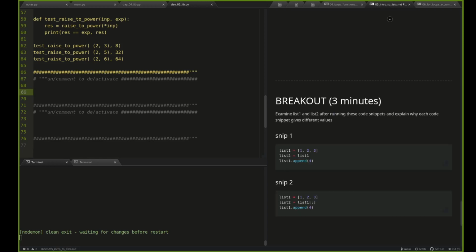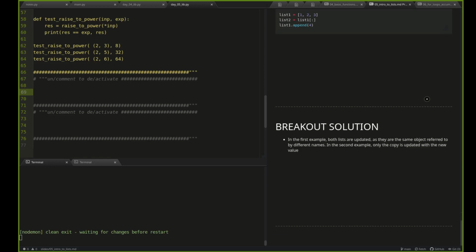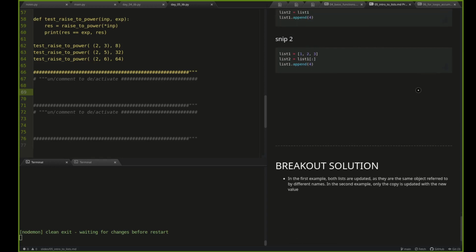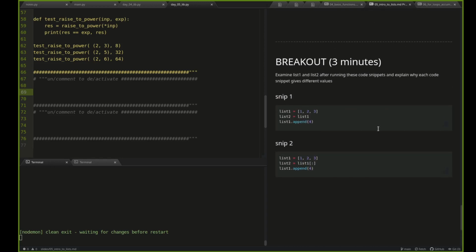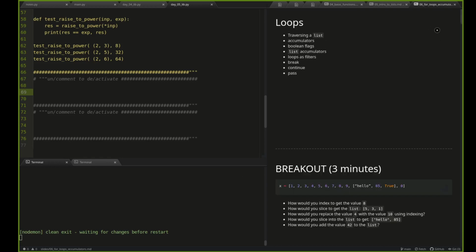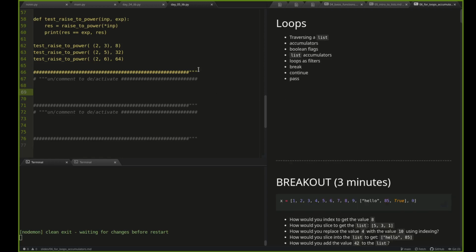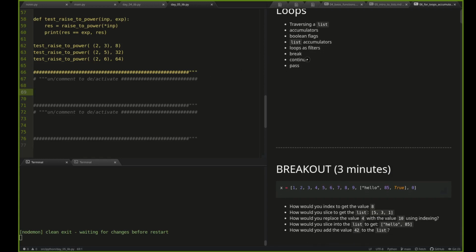Cool. All right. And shoot, we're almost halfway through. I had this other breakout, but we dove so deep into the other breakouts. I thought this was going to be like the first 30 minutes of class, but I think I'm going to forgo this last one. I want to get into loops. Somebody's asking for a concrete example of loops. I'm sorry to keep you waiting. We will get into loops